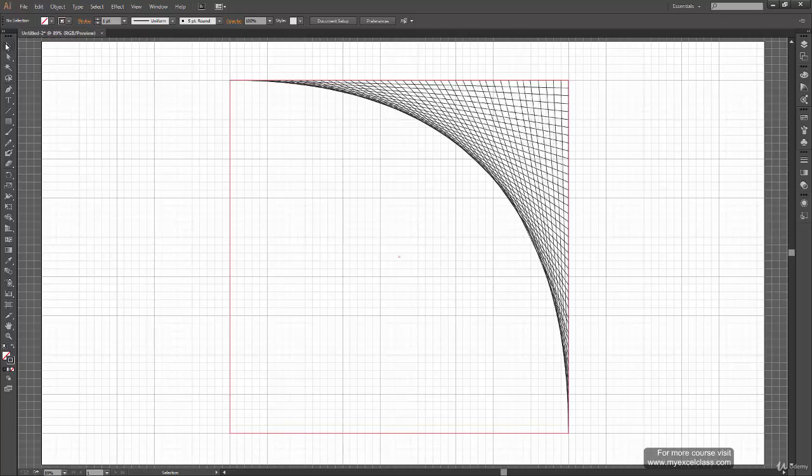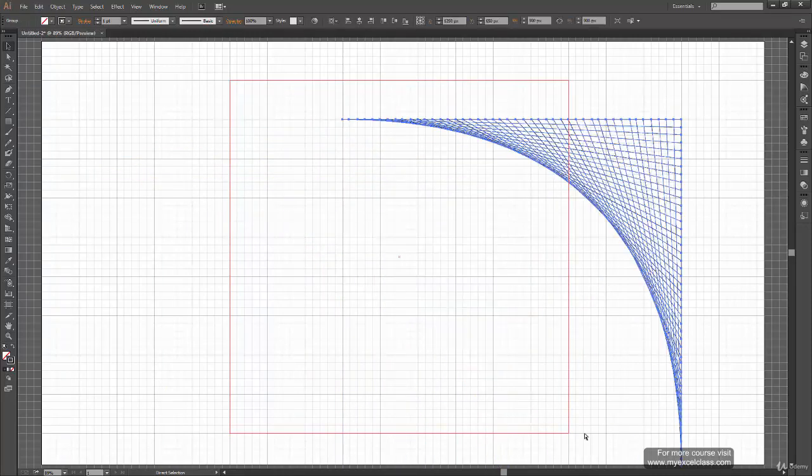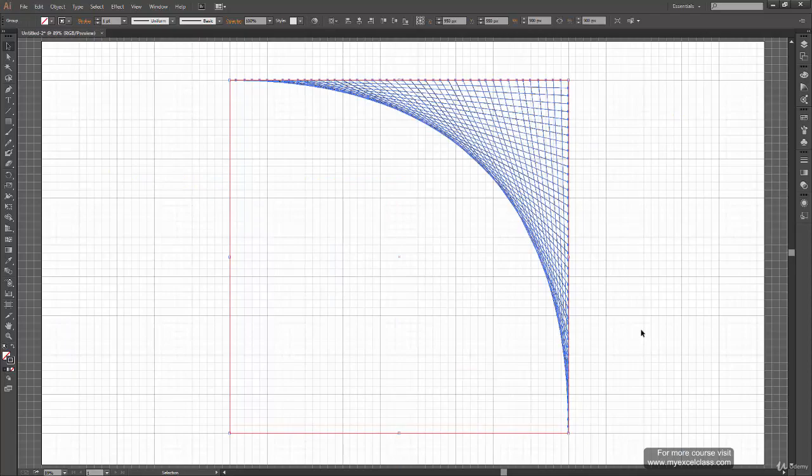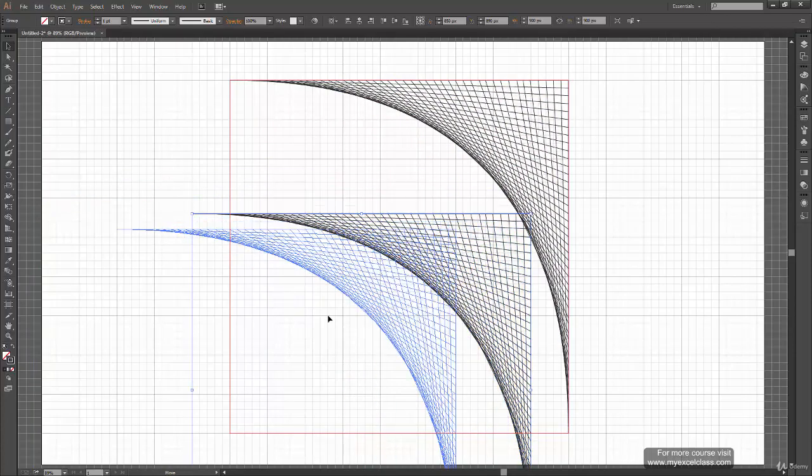All right, the other way we can do it, instead of drawing so many lines, is to go to our selection tool and select all these lines. And what we can do is make a group out of it. Press Ctrl G on your keyboard to make a group of this. And now we have this in a single group. Okay, so now what we can do is press Ctrl C to copy and Ctrl Shift V to paste in the same place. Now if you move this, you can see that we have our copy created.